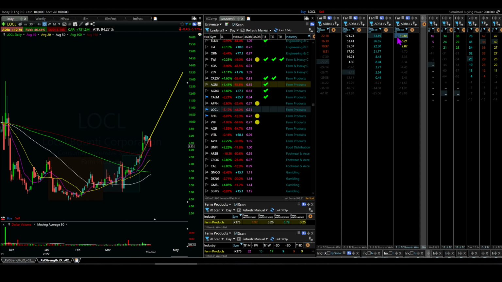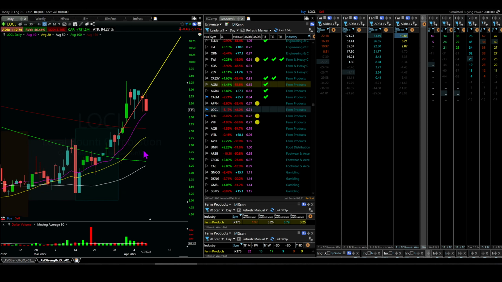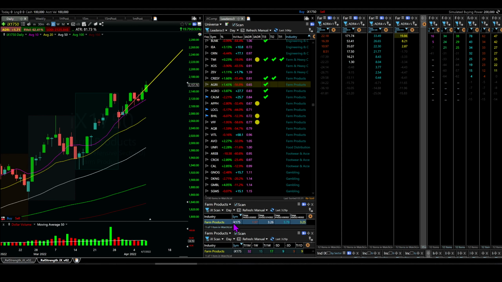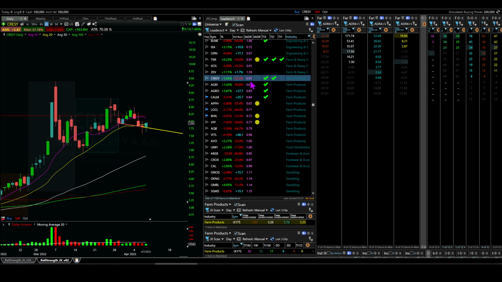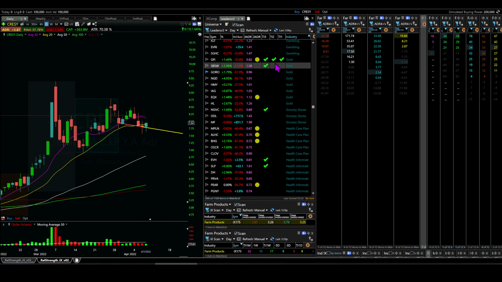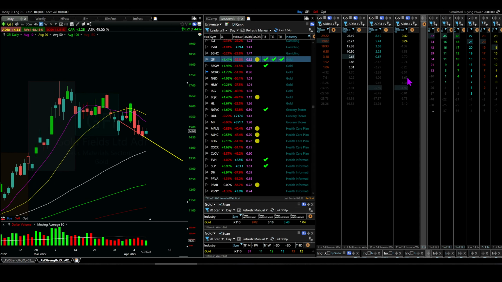So you can see how there's been high relative strength in this name compared to its industry, and the industry has relative strength. So that's something to think about. That's kind of how I'm using this. I use the trend intensity ranking. I can quickly see GFI, which is gold,